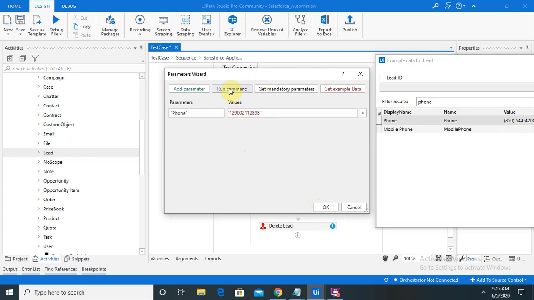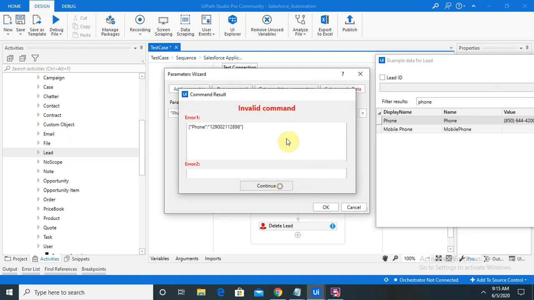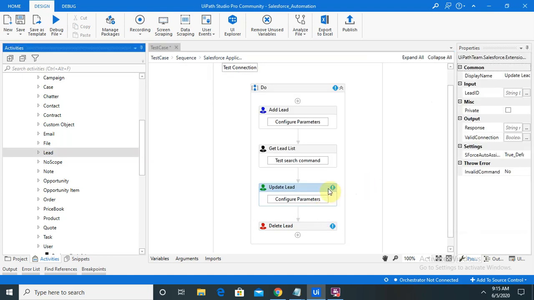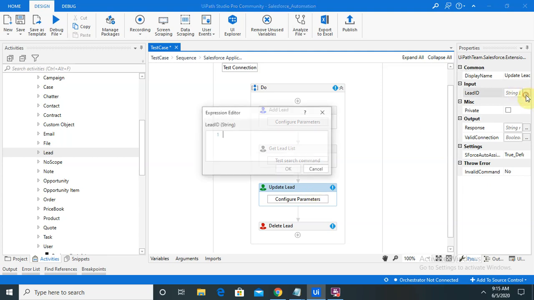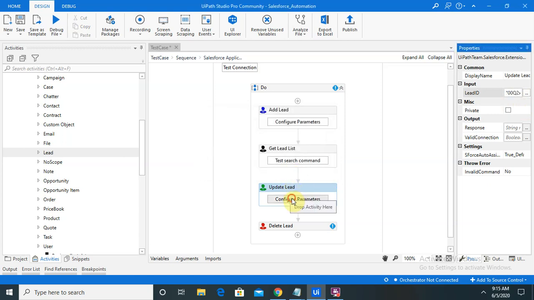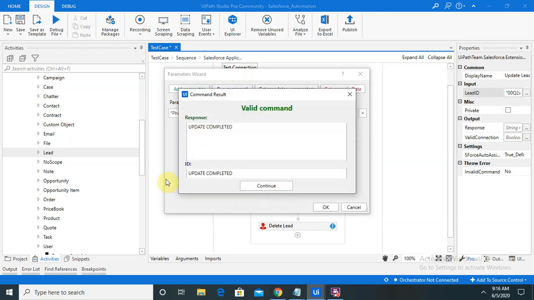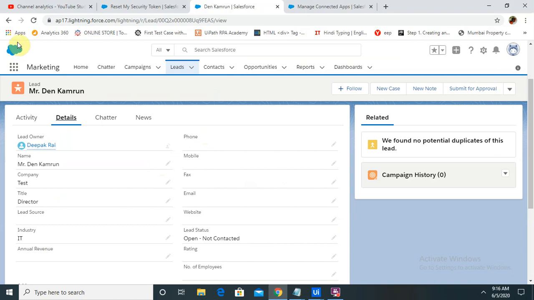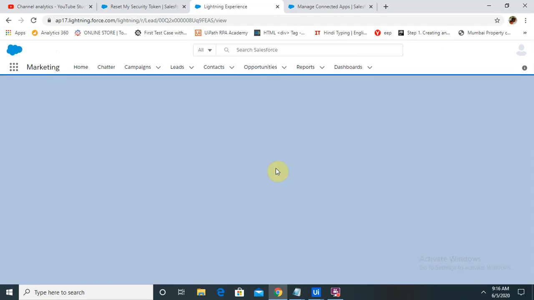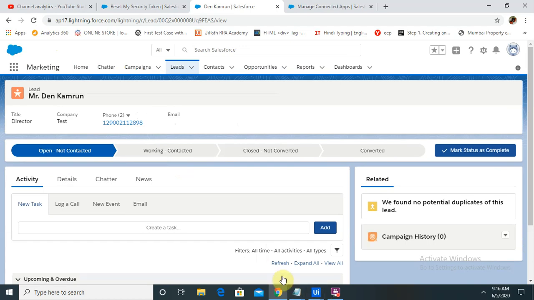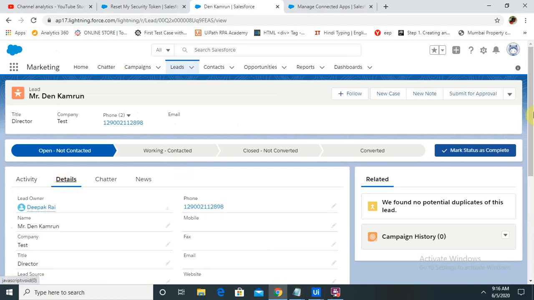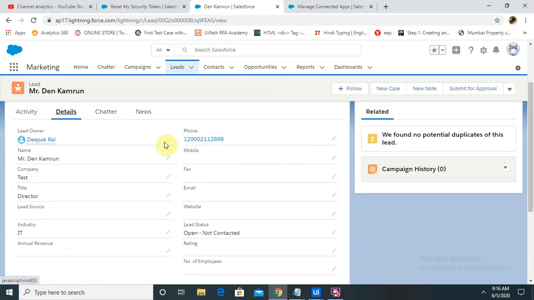Okay, and enter. It will not work because we have not provided other data like lead ID. So ID is entered here. Now you can see warnings are resolved, and let me run the command again. Now you can see updation is completed. If you want to check whether the phone number is added or not, just go to your login page and check the detail. Otherwise you can extract the detail for that person to UiPath. Click on detail. You can see here phone number is updated.